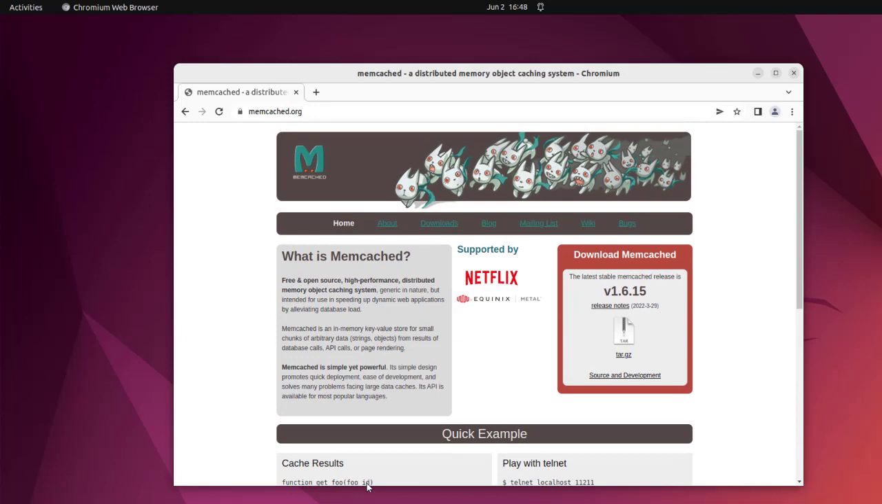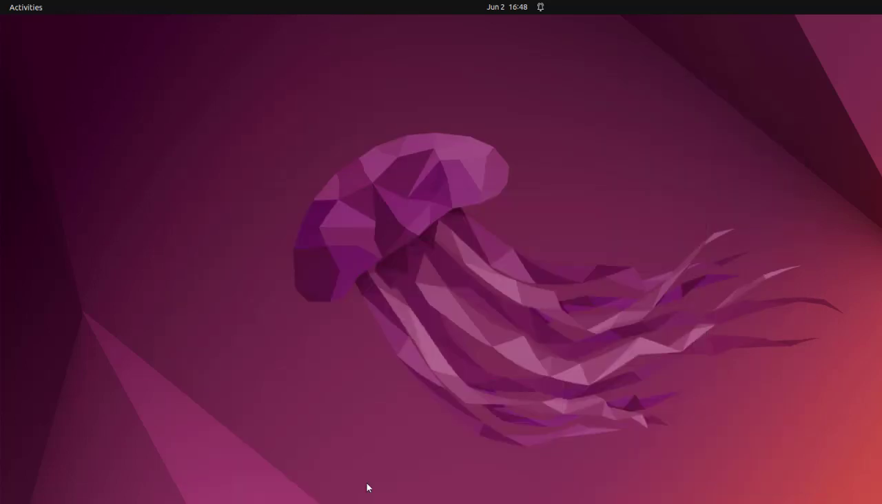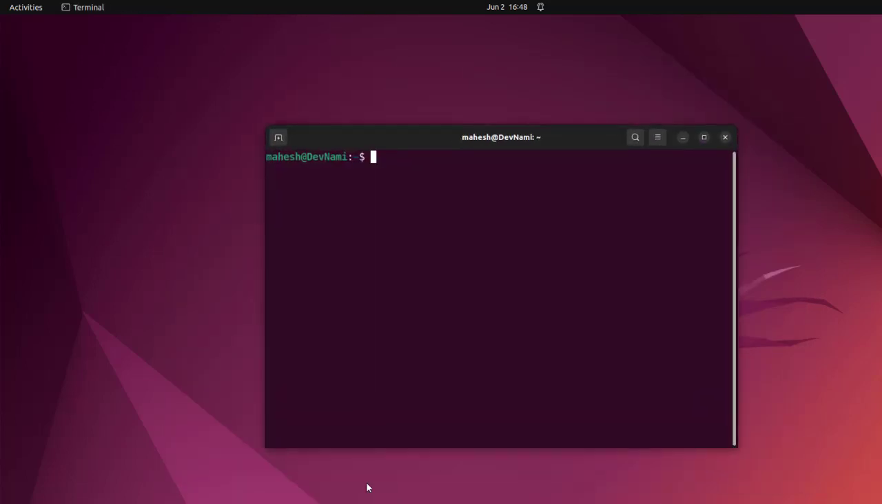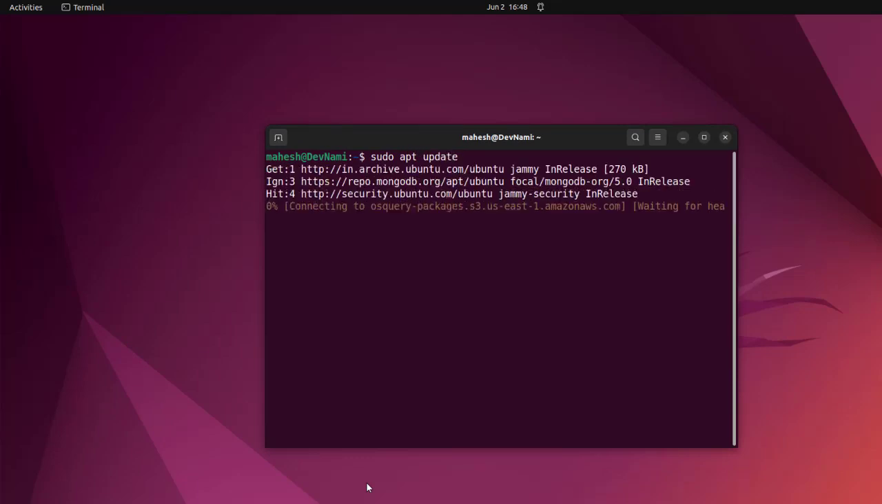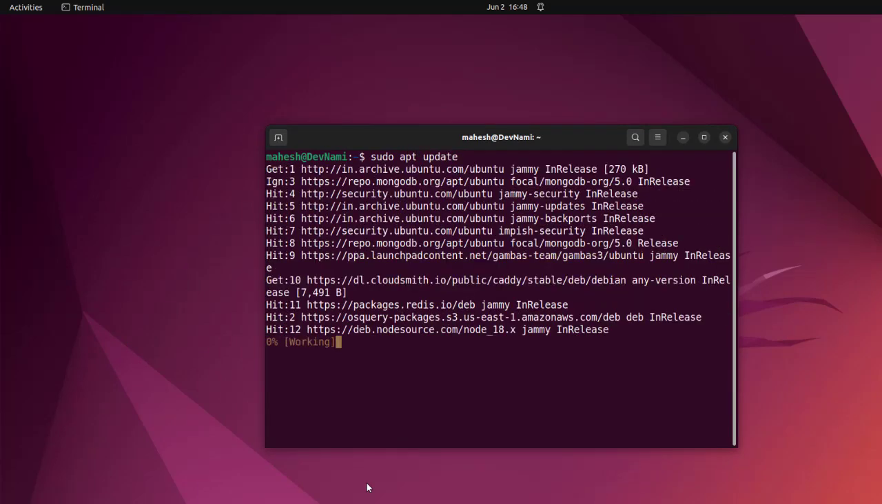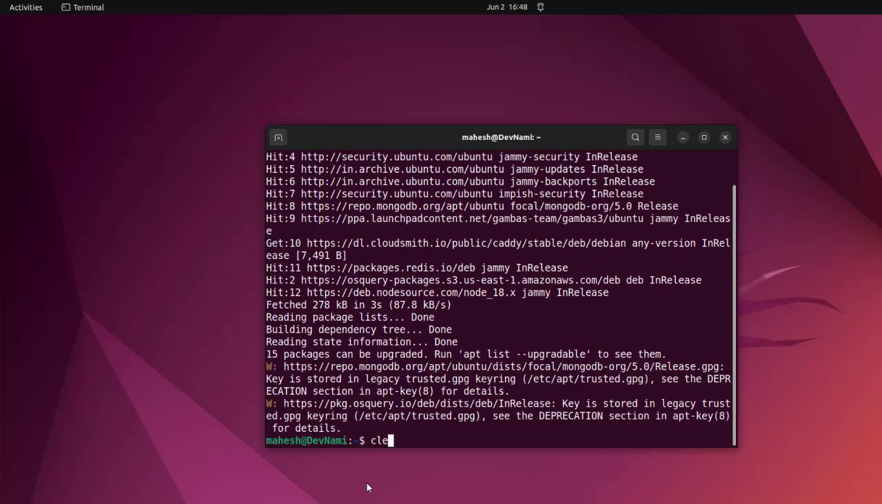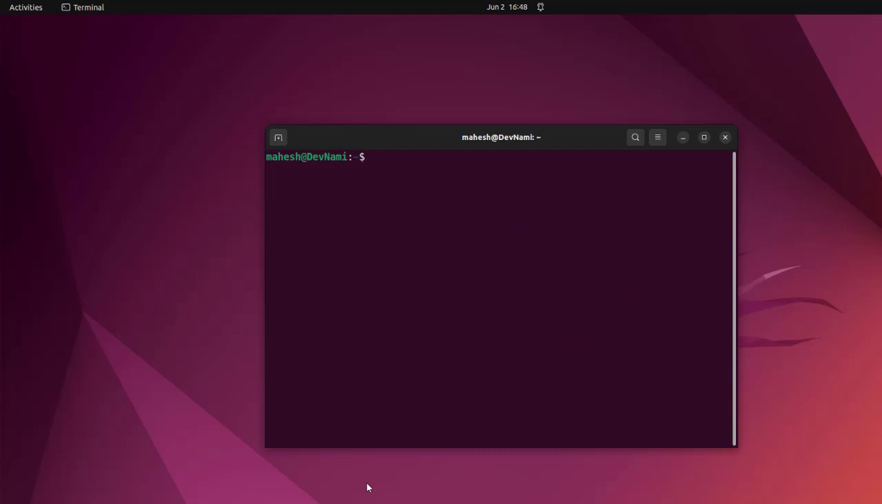So what we'll do is, basically, considering this is an in-memory database, we will get it from the universe repository of Ubuntu. So first thing, let's open terminal, type in sudo apt update and let it check all the packages, right? And then let's try and find sudo apt install